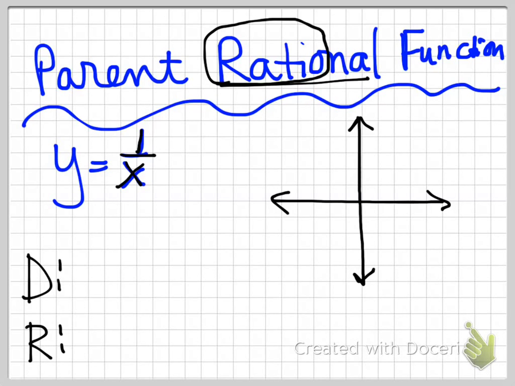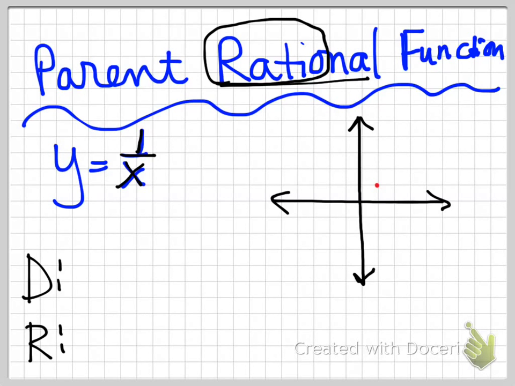When we graph this parent function, we're going to start off with putting your pen in the origin, but you're not going to make any dots, although I just did. You're not going to make any dots because the vertex, what's going to be called the vertex of a rational function, actually does not touch the graph. So we would start in the origin without making any dots, and then we're going to go up and to the right,